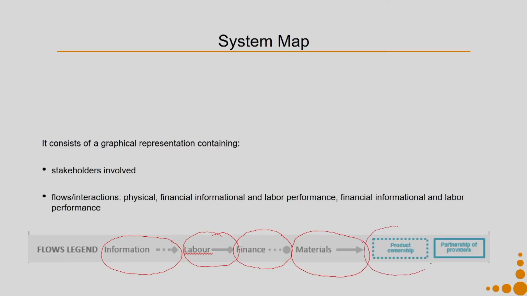This is the representation for product ownership. So, in the current model, we always buy the water purifier. So, the product ownership is with the consumer. This particular dotted line box shows who owns the product in the whole system. Not necessarily the consumer has to own it. Say for example, we can also develop a sustainable PSS in which the product is still owned by Fresh.